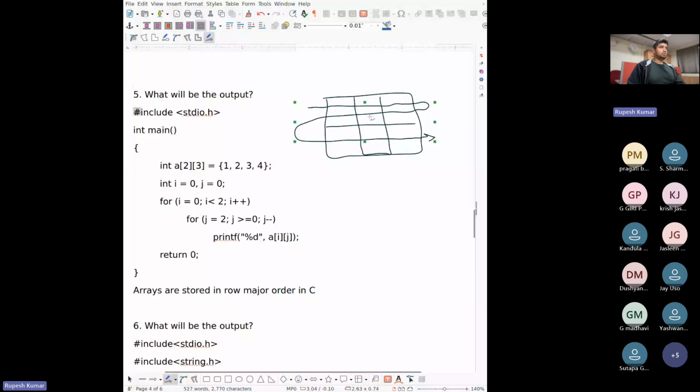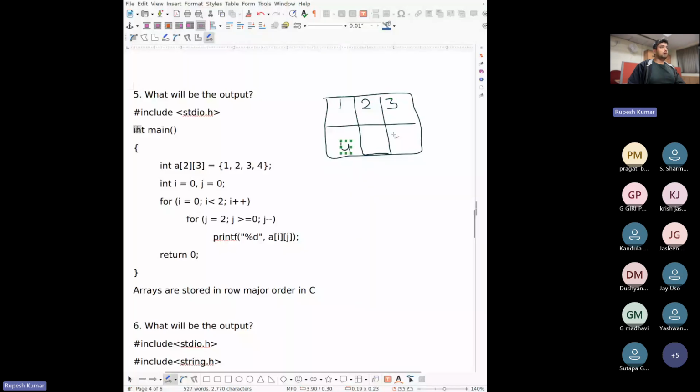Fine. So now there is an array containing 6 elements, but you are initializing only 4 elements here. So how will the array be filled? You will fill in the first row from the given entries. So 1, 2, 3, and then 4.